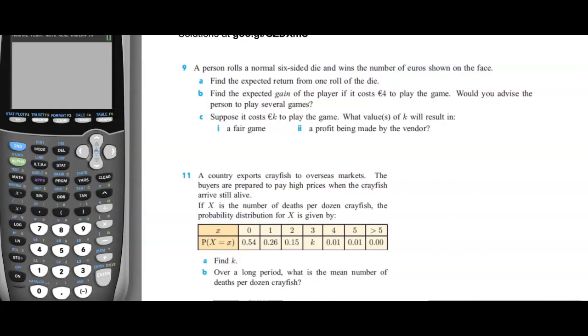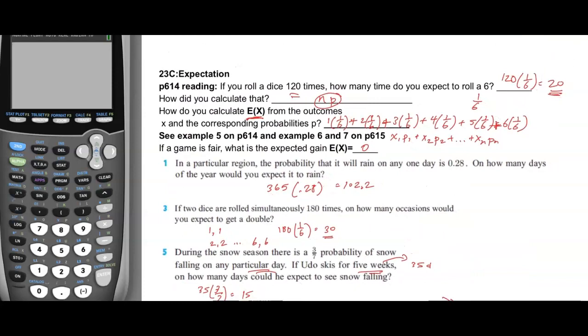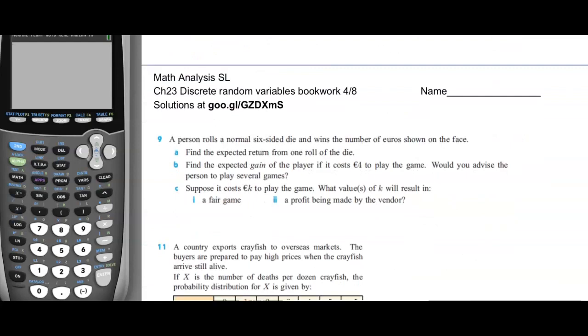Remember when we talked about the expected value of the random variable X, and I actually gave that example. What is the expected roll from a six-sided die? Well, you do 1 times the 1/6 probability of getting a 1, 2 times the 1/6 probability of getting a 2, etc. One easy way to do that on the calculator for SAT or for the IB exam, you could